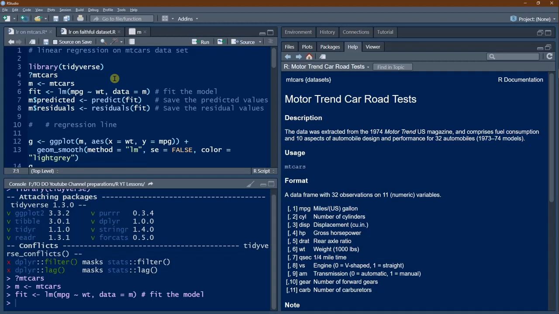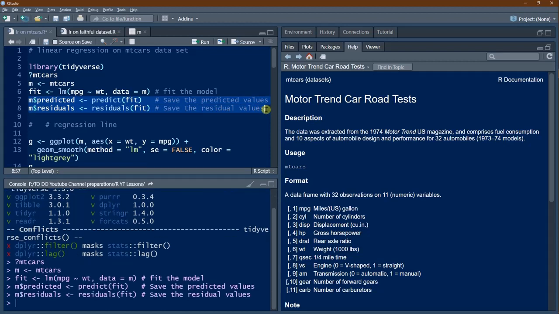Now fit has been created. Now there are two functions: one is predict, another is residuals. The predict function predicts the values, whereas residuals finds the residuals. Residuals are basically the difference between the predicted and actual values in the dataset. These two values will be obtained through the functions here, and then stored into two columns, predicted and residuals, of the yum data frame. So these two statements will execute.